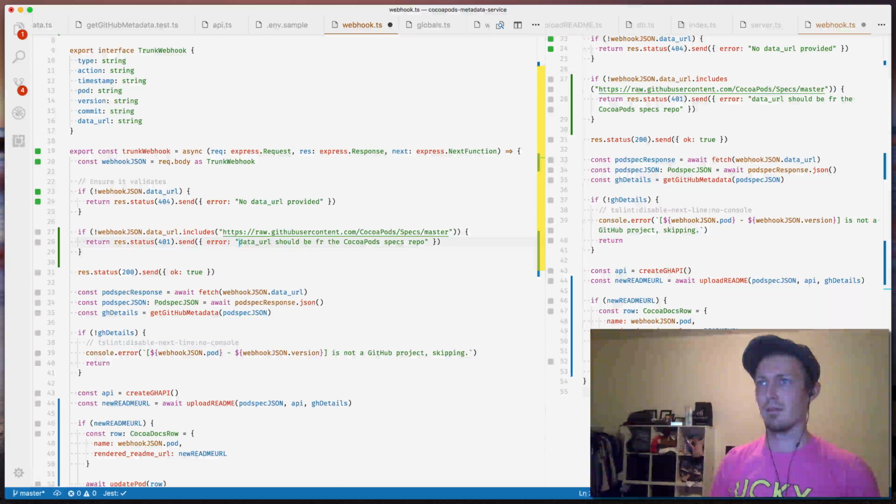Cool, there we go. So data URL should be for the CocoaPods repo. Just thought about it one day when I was walking home. It's like, ooh, that could be bad. So,